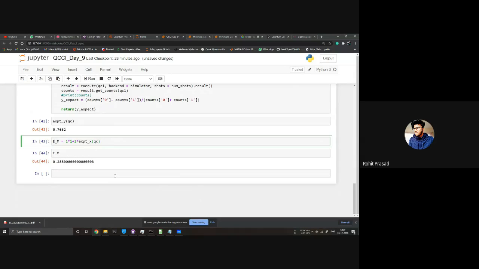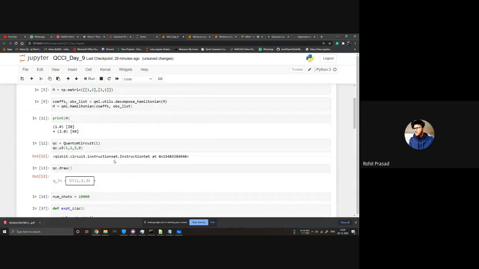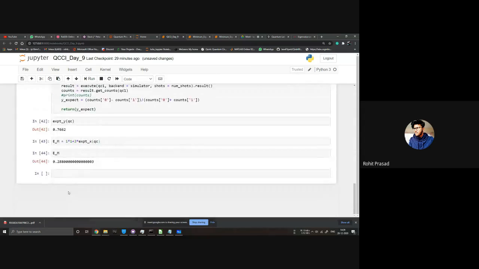For now, I will teach you guys about the different optimization algorithms and how they work. After that, I will just use one of them and calculate the minimum expectation value.